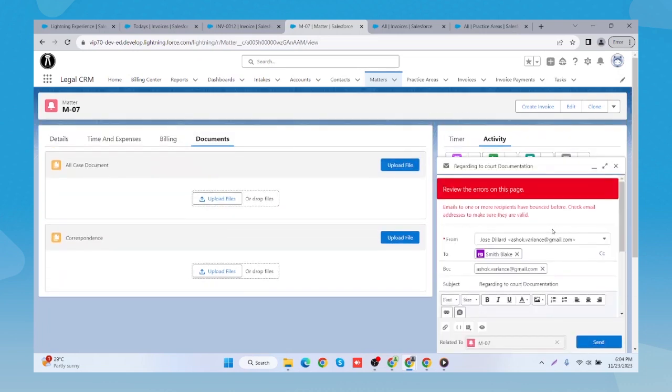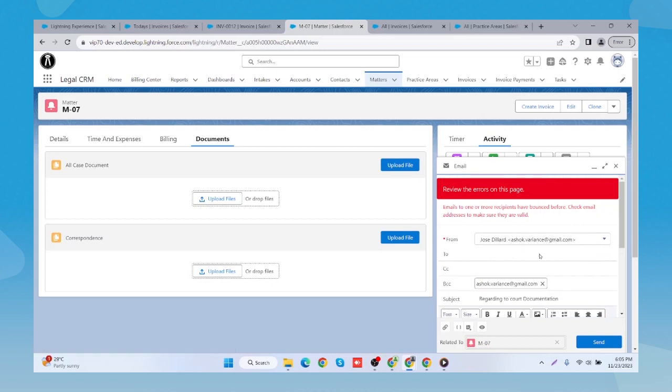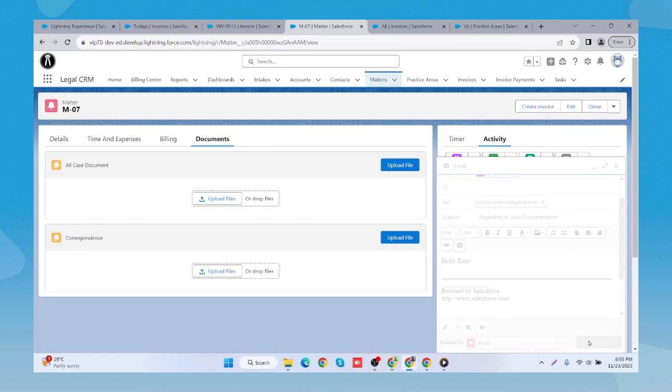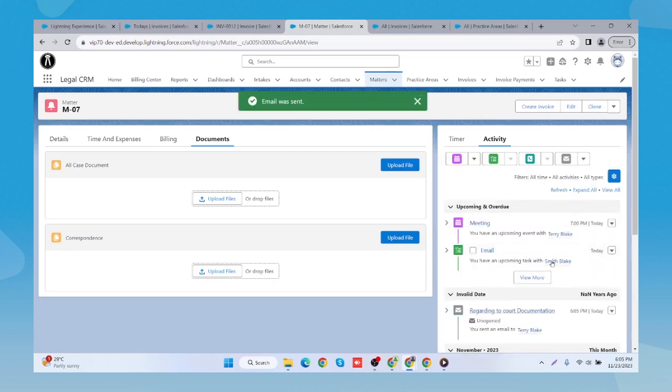It says one or more emails bounced, check email address to make sure they are valid. This is invalid because we had taken it as a demo. So let me take it as Terry Black and change it to Terry. Now I'm going to send it. So now in activity we have created four activities: a meeting, which is an event,